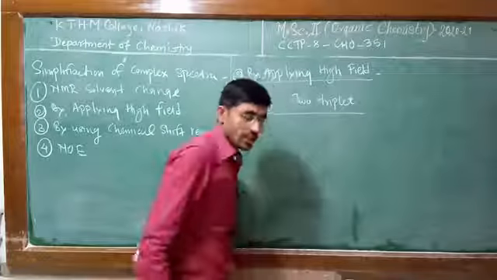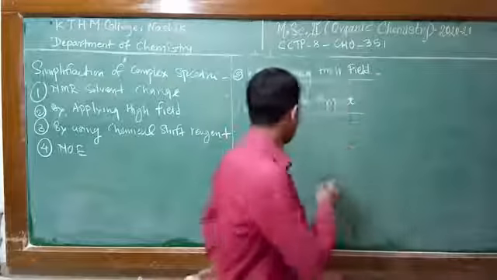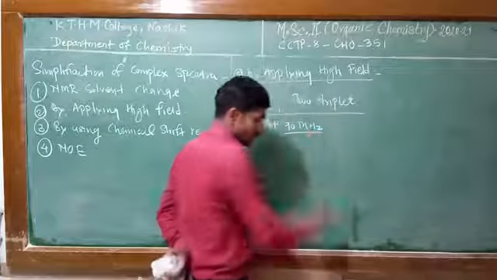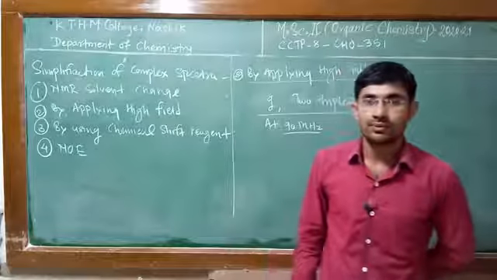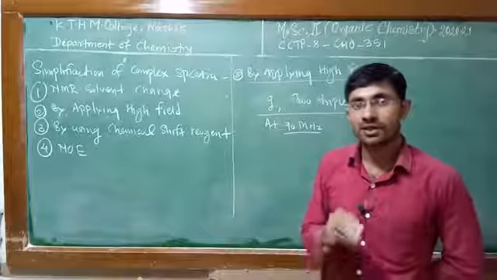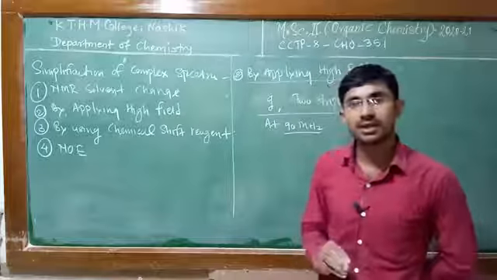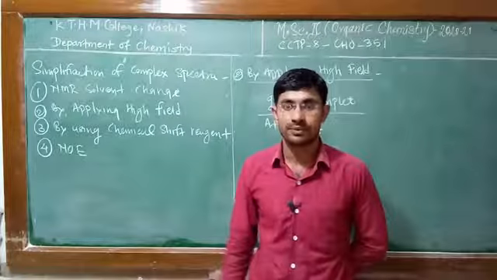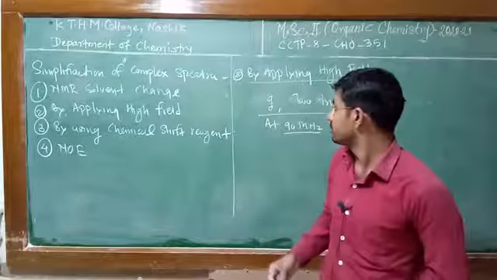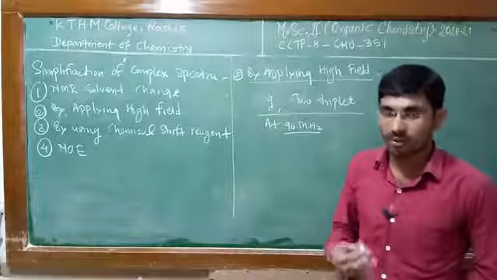So in this case, at low field, at a 90 megahertz instrument, the resonance positions of these three peaks have nearly similar chemical shift values, which means these multiplets overlap here. So at low field we cannot analyze the spectra with the help of the n+1 rule.